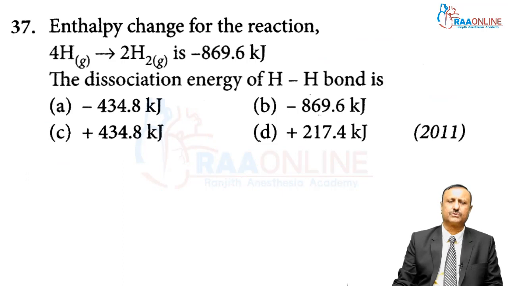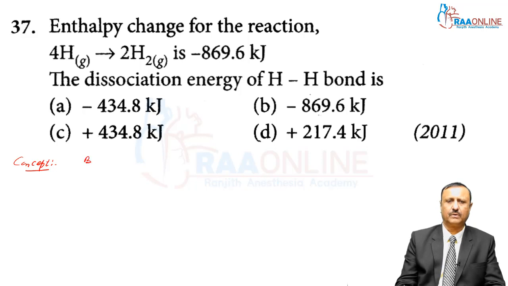We can go to question number 37. Enthalpy change for the reaction 4H twice H2 is minus 869.6 kilojoule. The dissociation energy of HH bond. My dear students, what is the concept to solve this question? Here, what is the bond dissociation energy? Bond dissociation energy is